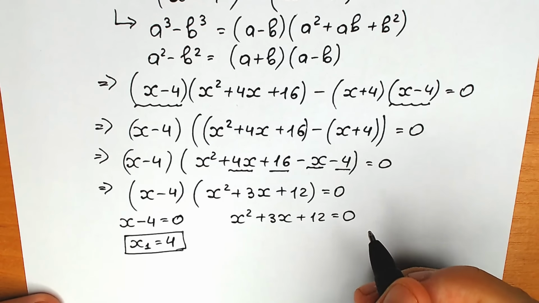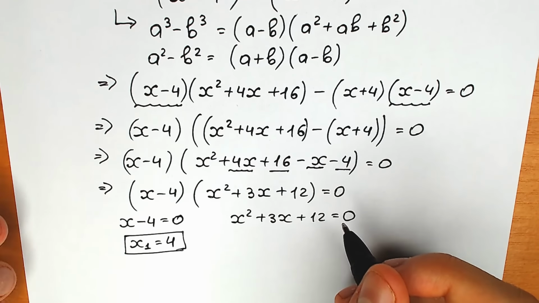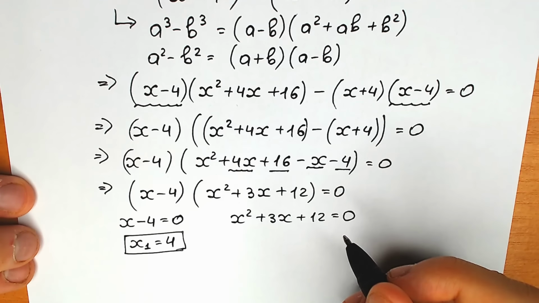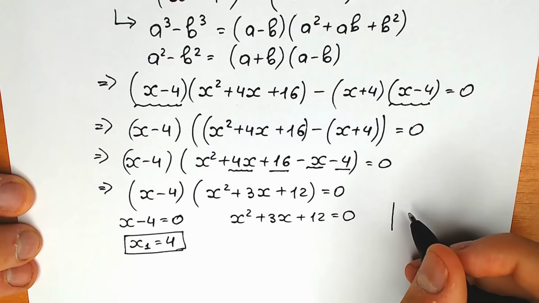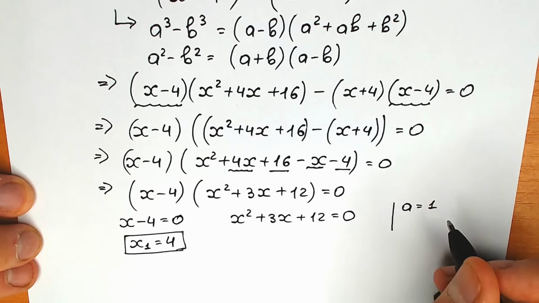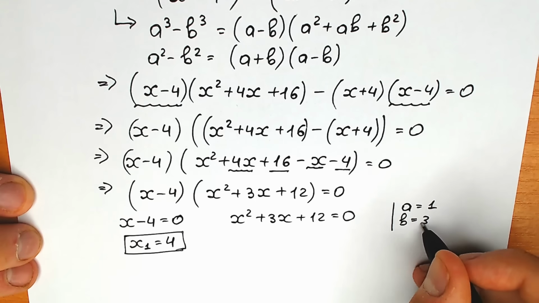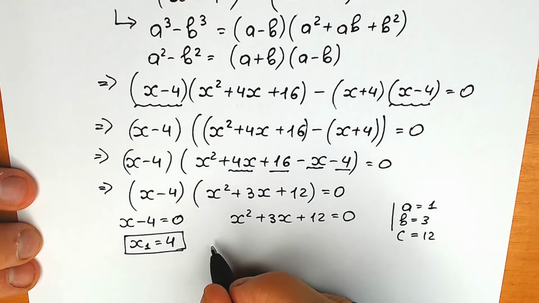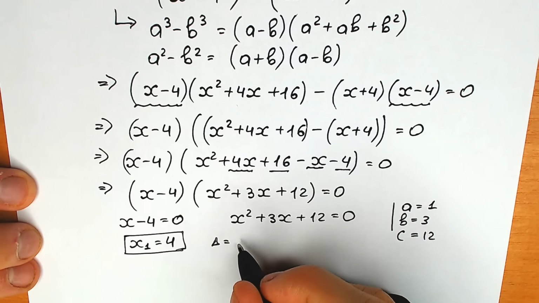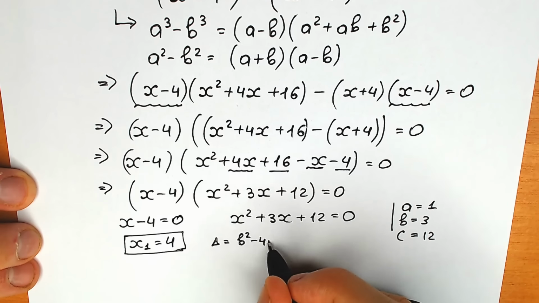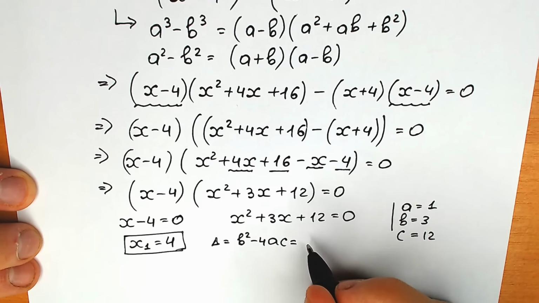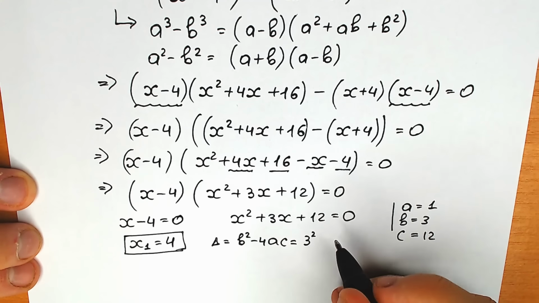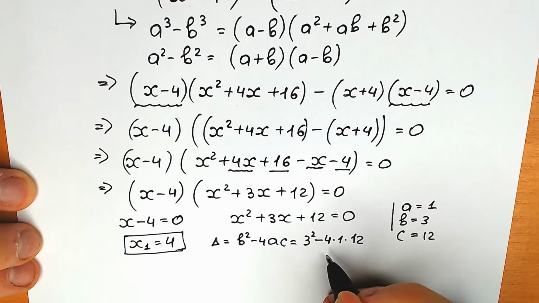This is a quadratic equation. We can easily solve it with the all-known method, with the basic method, for example, with the method of coefficients. So a equal to 1, b equal to 3, and c equal to 12. And let's find real quick our discriminant. So our discriminant is equal to b squared minus 4ac. As a result, we have 3 squared minus 4 times 1 times 12. From here, our discriminant is equal to 9 minus 48